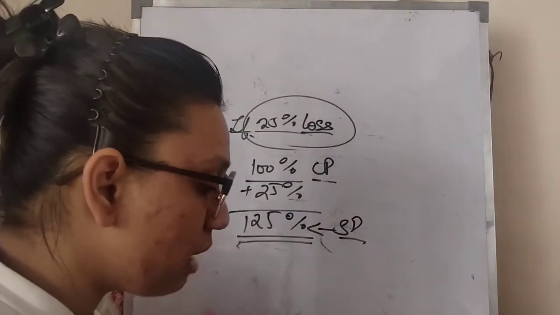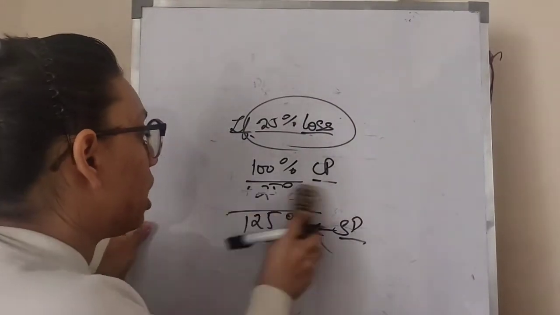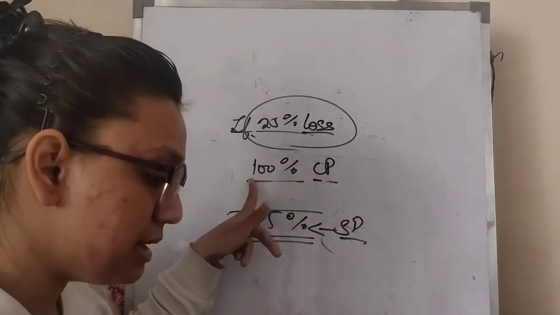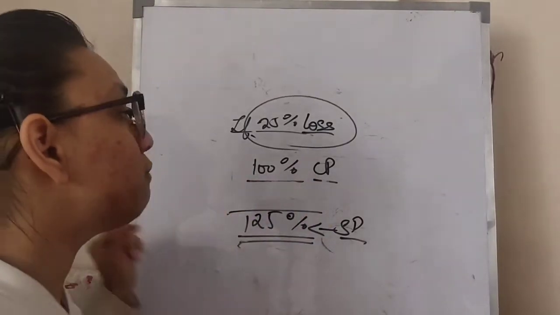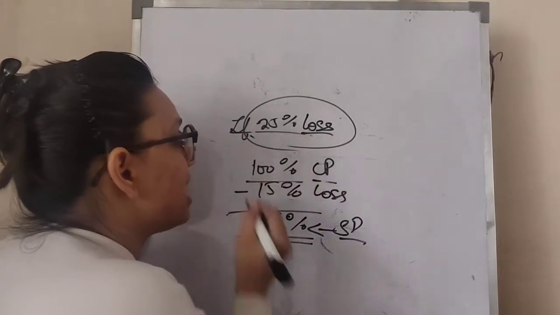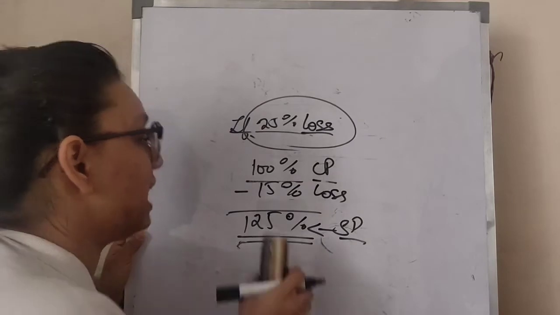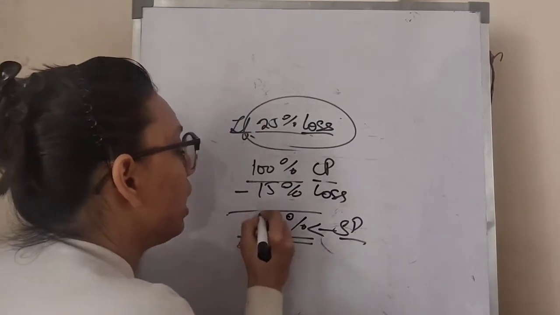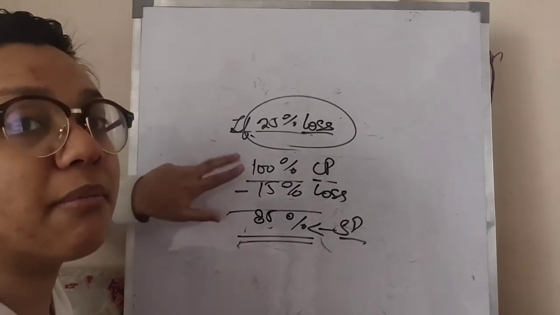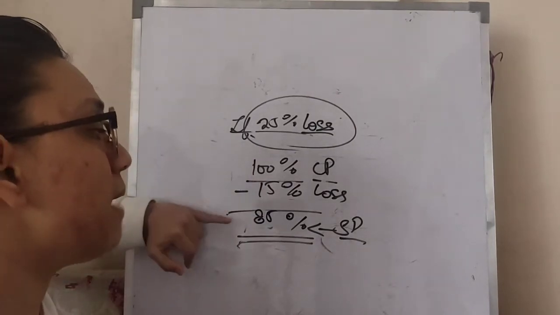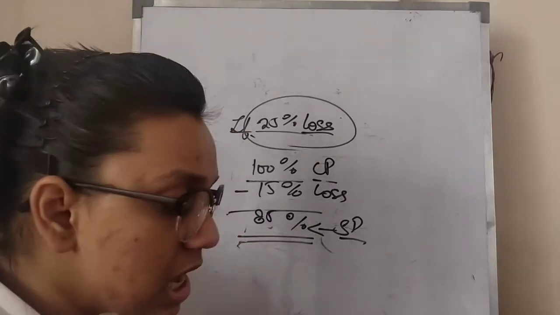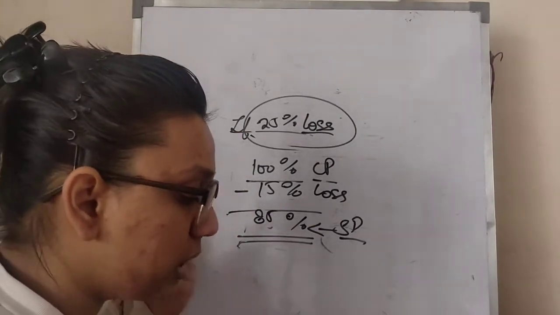Okay, so how to calculate with the losses now? What I'll do is I'll again take the cost price as 100%, and now I have to take 15% of my loss over here, subtract it, and I'll get my selling price of 85. So you can see here that when I am using my cost price, loss and selling price, I am getting a relation in these. So just keep these things in mind.